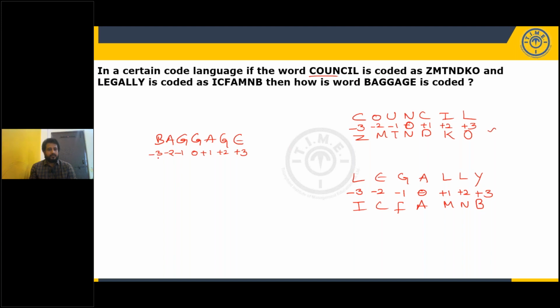B is 28, 28 minus 3 is 25, that is Y. A is 27, 27 minus 2 is 25, that is Y. Z -1. G is 7 minus 1, 6, that is F. G and J, no change. Middle letter of the word, no change. A is 1 plus 1 to B. G is 7 plus 2 is 9, which is I. E is 5 plus 3, 8, that is H. So my answer is Y, Y, F, G, B, I, H. The words may not be the same, but the logic is the same. Okay.